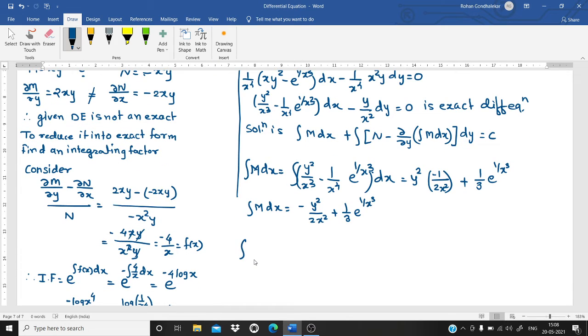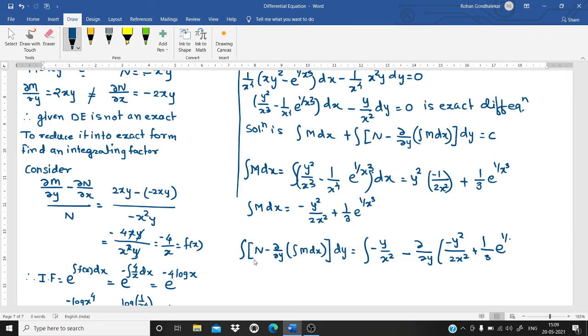Now, integral of N minus ∂/∂y of integral M dx. The integral is with respect to y. So this is integral of minus y upon x square minus ∂/∂y of minus y square upon 2x square plus 1 upon 3 into e raised to 1 upon x cube. Integration with respect to y. So what will be the answer now? So this is equal to